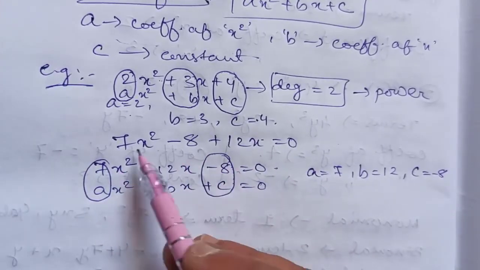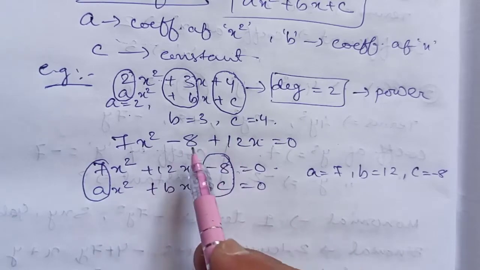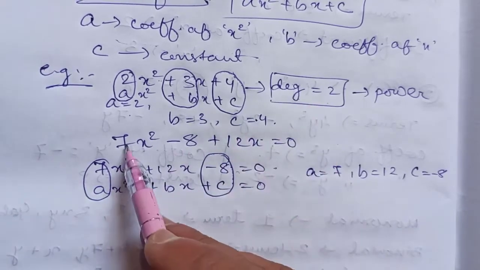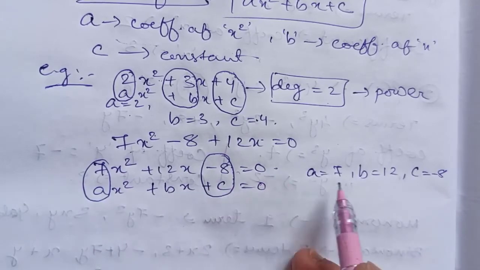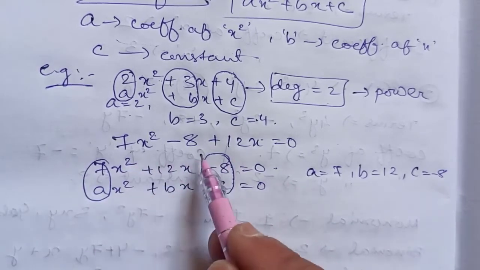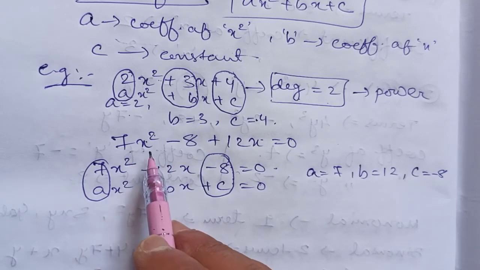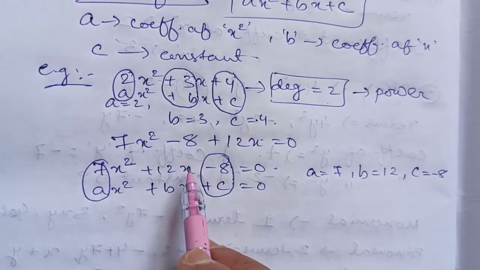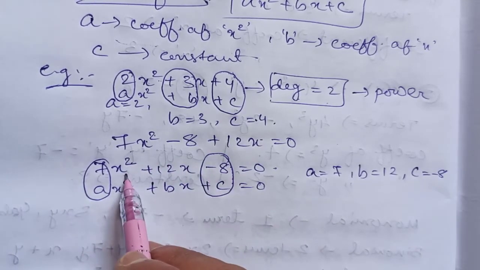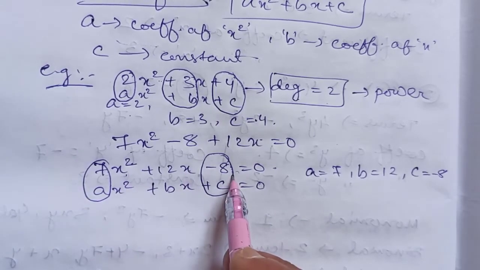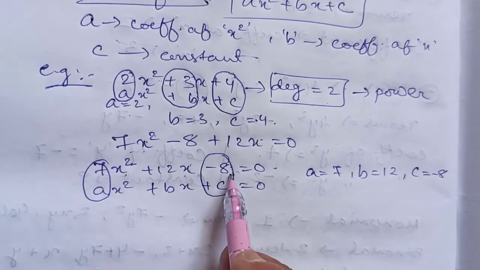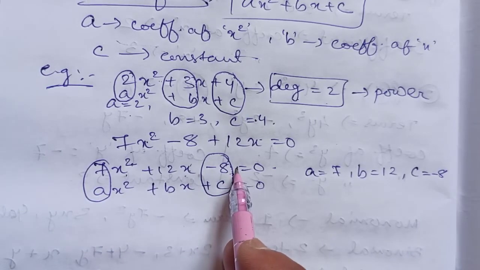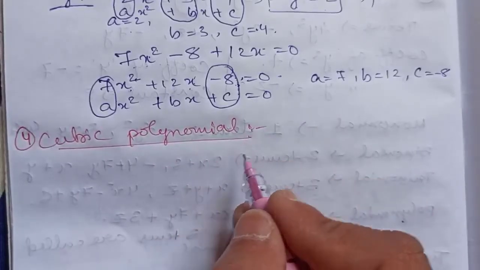So these are the example of a quadratic equation because its degree is 2, highest degree is 2, and the coefficient and all the term we can write by arranging them in the standard form. Remember, the standard form should be in the decreasing order of the variables power. This is x square, then x, then nothing, no x. Okay, that means x to the power 2, x to the power 1, and here x to the power 0 is there.